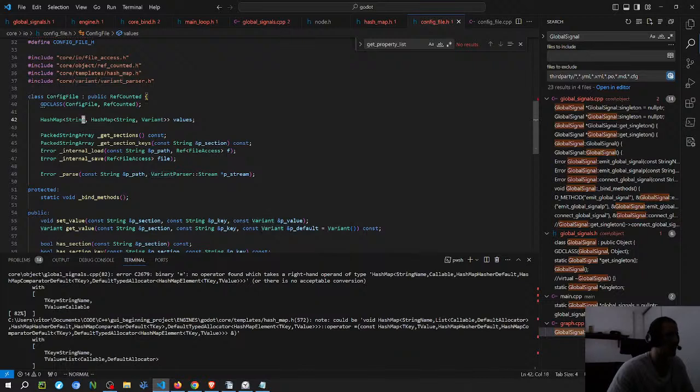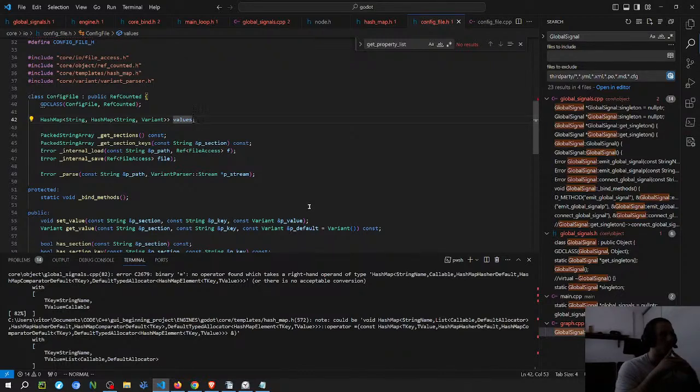So the first thing that I'm gonna try is probably use string instead of string name, and then I'm gonna try to figure out why it doesn't work when you use string name. If that doesn't work, then it's probably because I'm using callable and I'm using a list. So I think there's three different options. Either I figure out another data structure to use that allows me to encode the same information, the scope, the signal, and the list of callables.